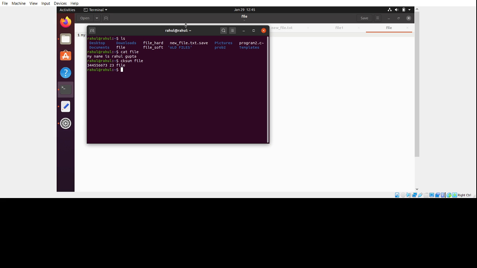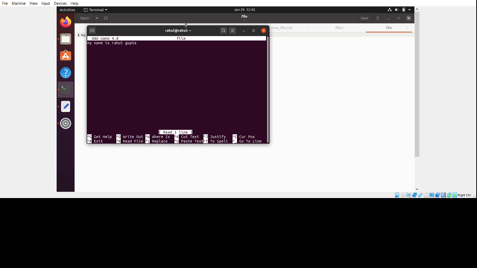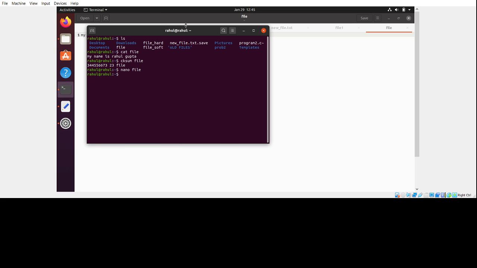If you try to edit the file, you can change it with nano file and delete, then check the sum of the file, and here the byte count is the same and the checksum is different.